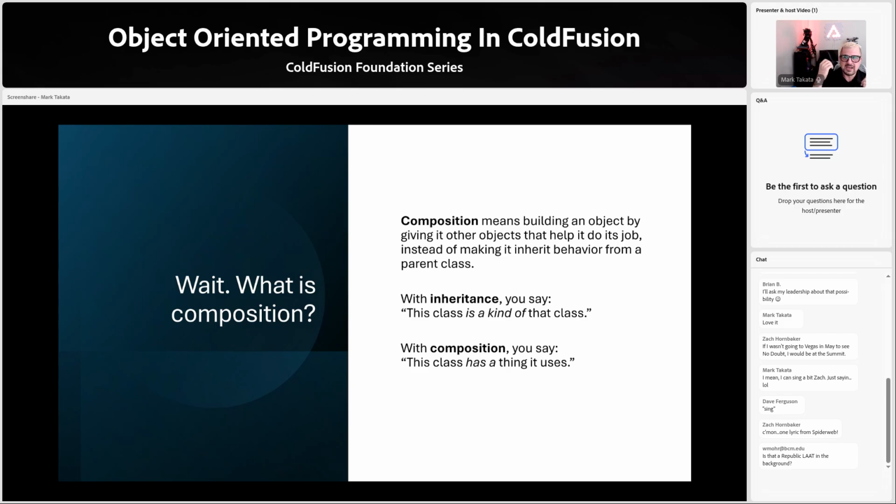So inheritance, a class is a kind of version of another class, whereas composition, it has a thing or things that it uses to get the job done. So why would you do that? Well, the reason is that with inheritance, you can create this long chain